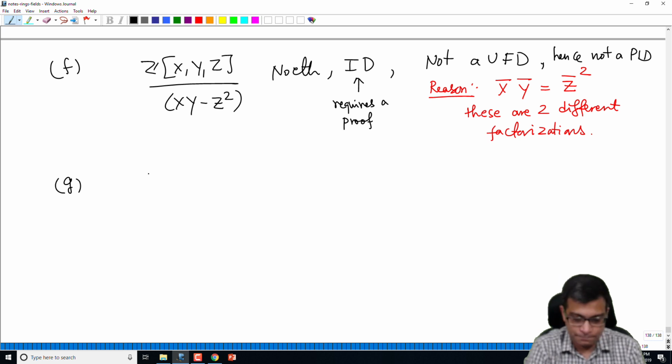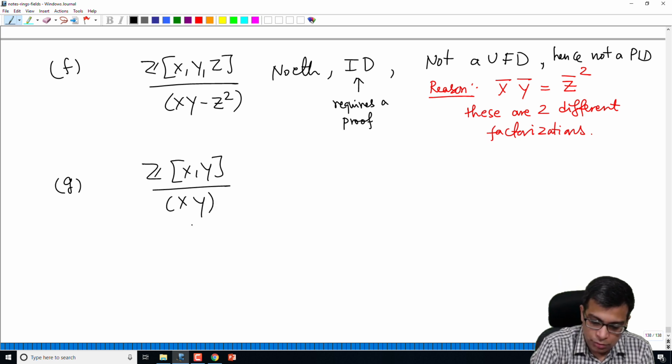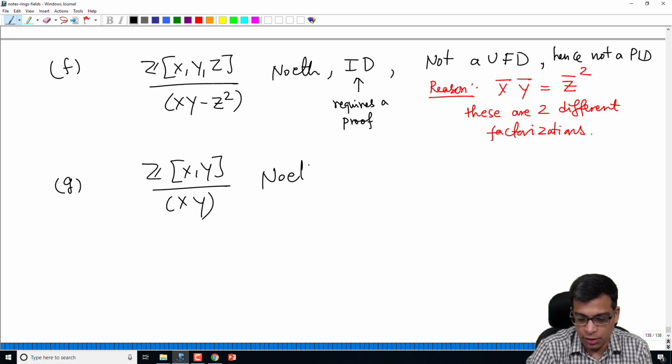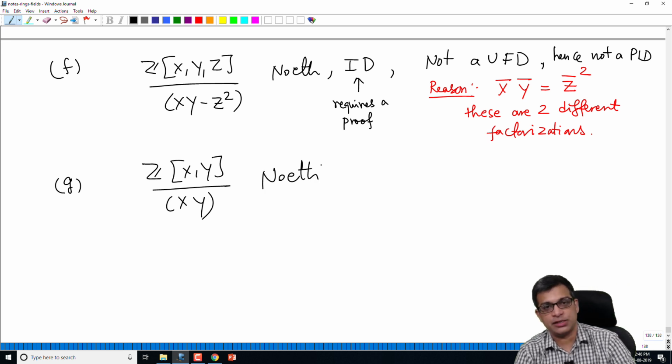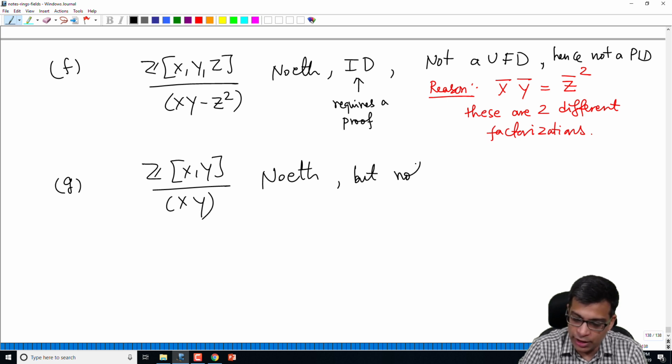Now take Z[x,y] mod (xy). This is Noetherian because again Z[x,y] is Noetherian by the Hilbert basis theorem. Z[x,y] mod (xy) is a homomorphic image of Z[x,y], because there is a natural surjective map from Z[x,y] to Z[x,y] mod (xy), and the image of a Noetherian ring is Noetherian. So this is Noetherian, but this is not an integral domain,